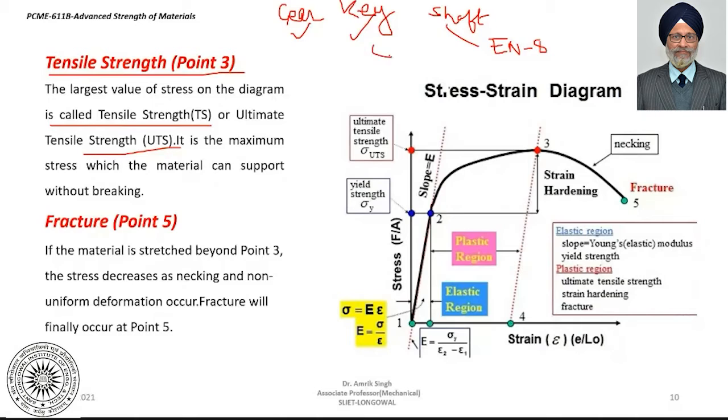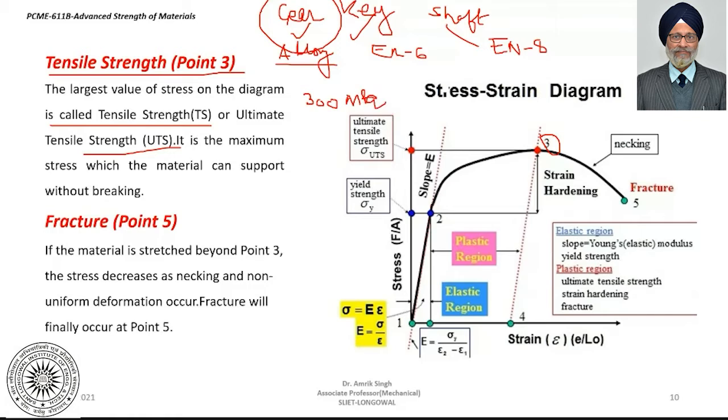We are also making a shaft key which is of EN6 or EN8, and we can also make the gear from alloy steel. Now, we would like that the gear should not fail at the maximum value of the stress. Suppose this alloy steel takes a maximum value of the stress which is 300 megapascal, say for instance.